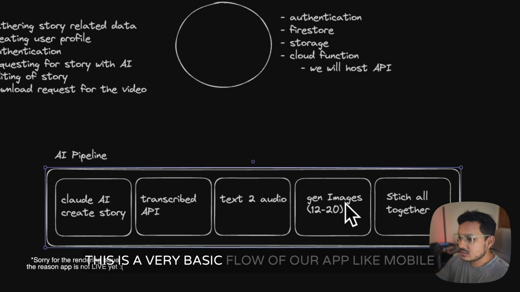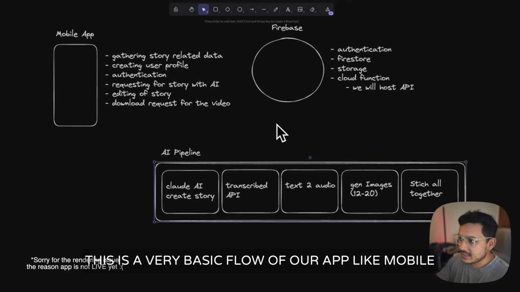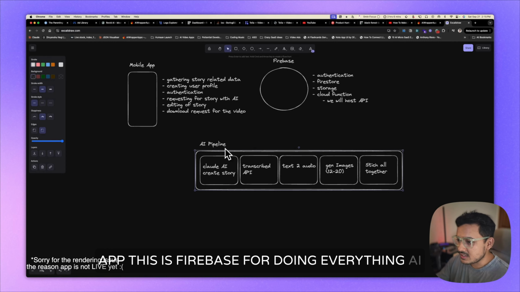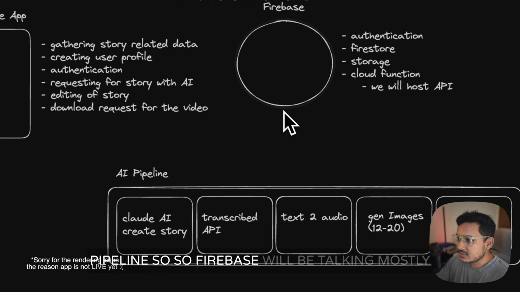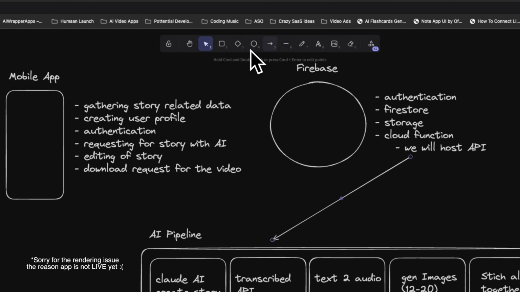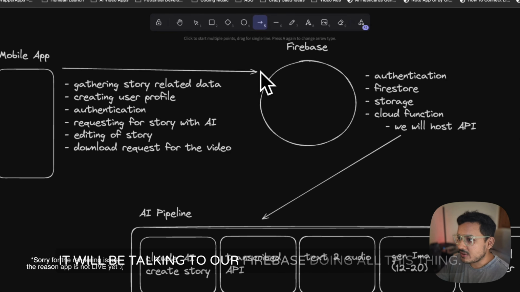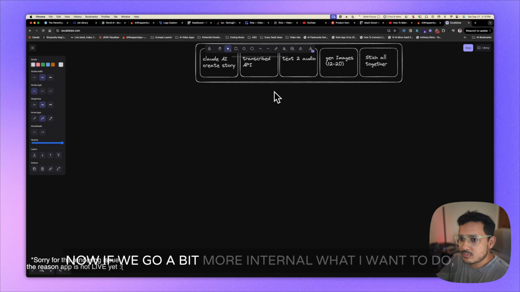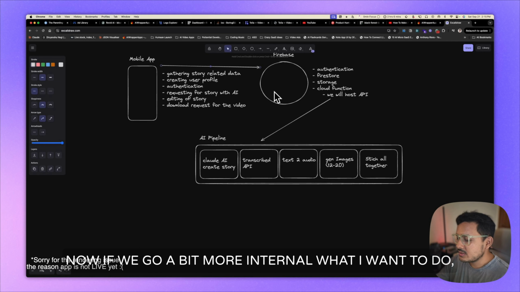This is a very basic flow of our app. Like mobile app, this is Firebase for doing everything, AI pipeline. So Firebase will be talking, mostly doing all this thing. It will be talking to our Firebase, doing all this thing. Now, if we go a bit more internal, what I want to